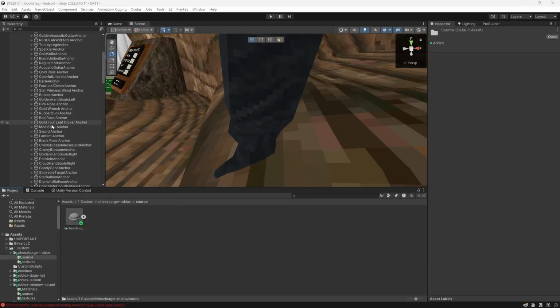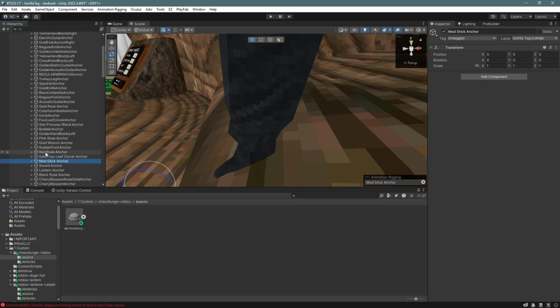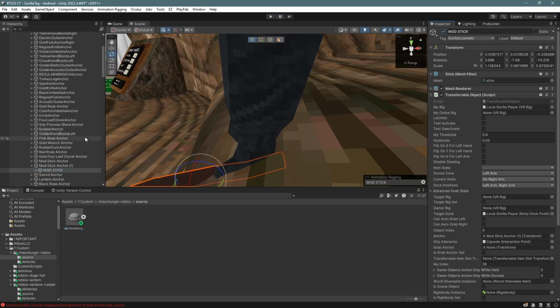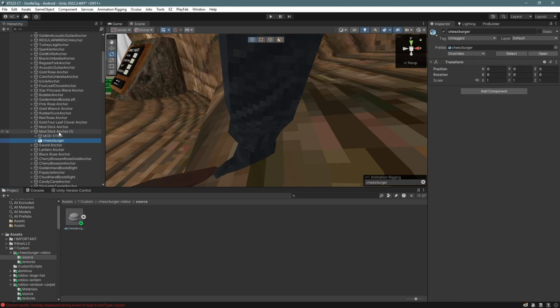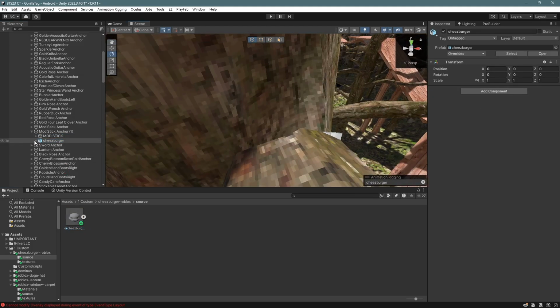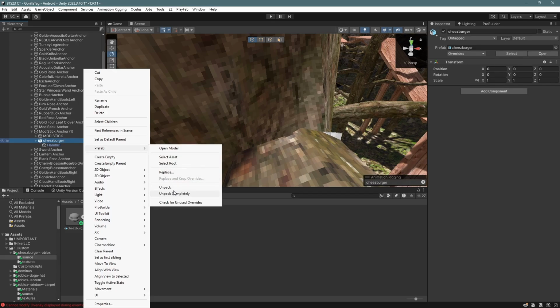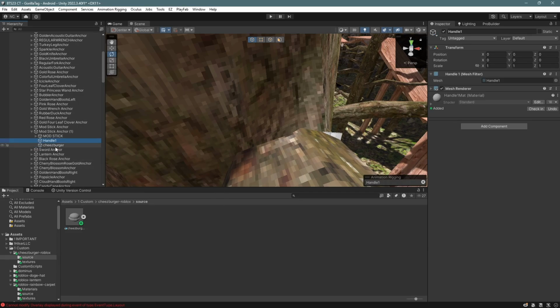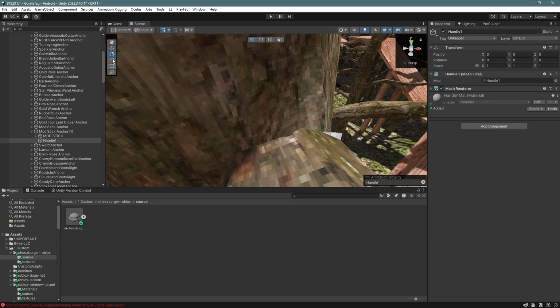So the first thing you want to do is go to your local Gorilla Player holdables, then find mod stick, anchor, duplicate it, then enable mod stick, then drag whatever your custom cosmetic prefab is into here. I'm going to drag the mesh out. After, you want to make sure you unpack completely, drag the mesh out, then delete the original thing, and then